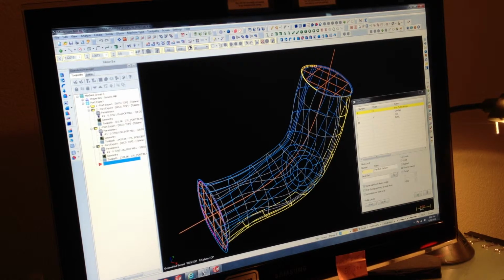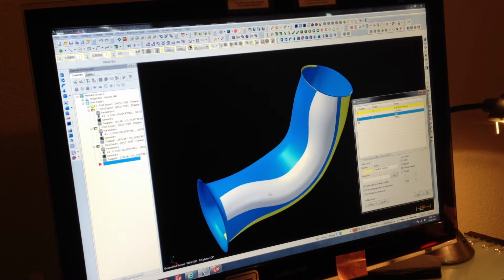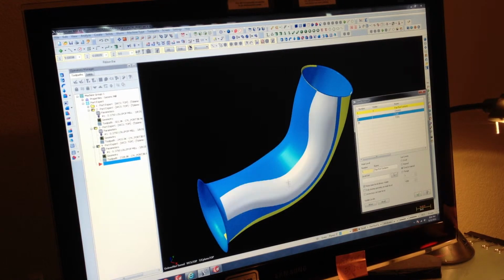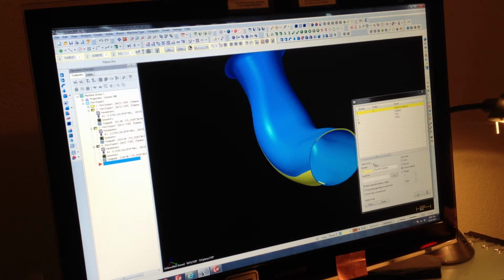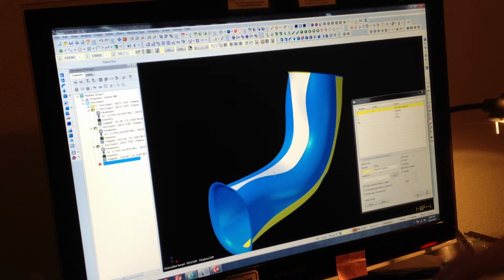So let's turn the surface back on, and then let's remove the ends. Okay, so now we have only the cylinder part, nothing else attached to it. As you can see, if I move it around, right there. Another thing I was going to tell you, right now I'm using a regular mouse, but when I'm